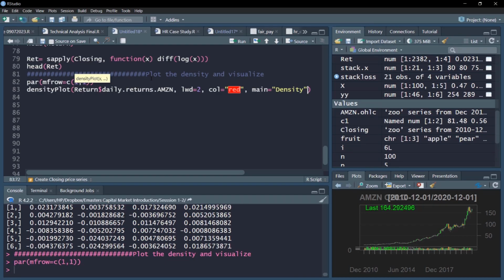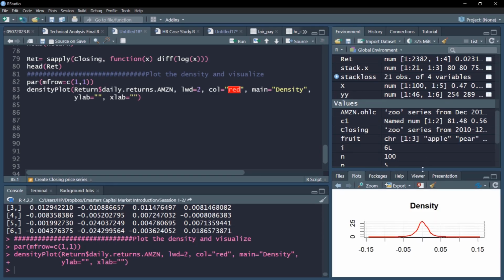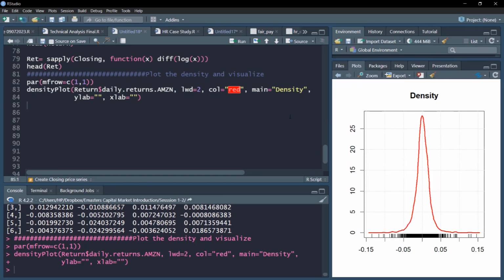Also, let us give some argument. Let us have y-axis. Let's keep the y-axis empty and also the x-axis empty. So let's start plotting this. So as a first step, we'll plot this graph. It is nice appearing plot has appeared here. Now one by one we'll add the lines, other graph through this lines command.